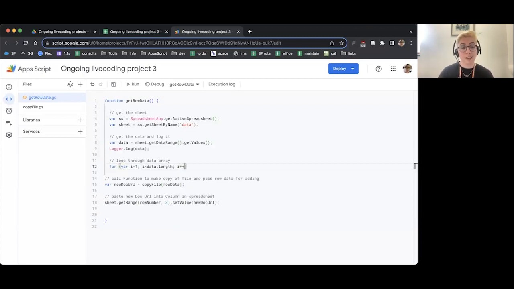So that allows us to increment the value of I 1 by 1 each time. So we go down each row in turn. We're not skipping rows or something. We're just doing 1 at a time.